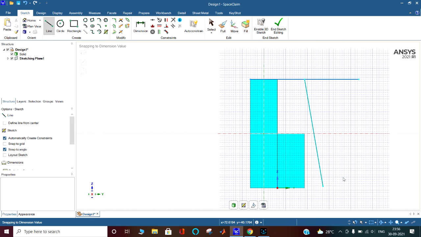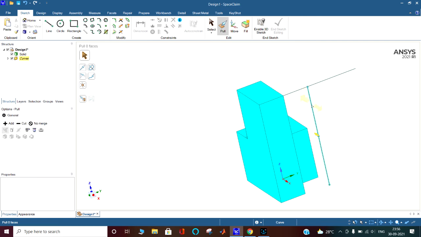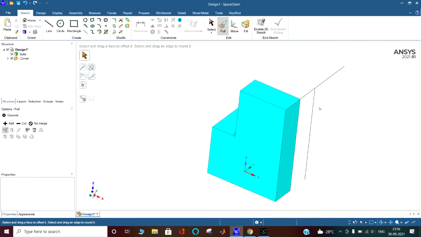I'm pressing Ctrl Z. Then I'm going at it again, because this is 90 and I have put that 100 here, then enter. It has come here 100. Then I am pressing escape, it has moved. So now I am taking it to this line. You can see that it is snapping to curve or anything it will become. And then I go again to the solid mode. This curve is there, or the line is there.